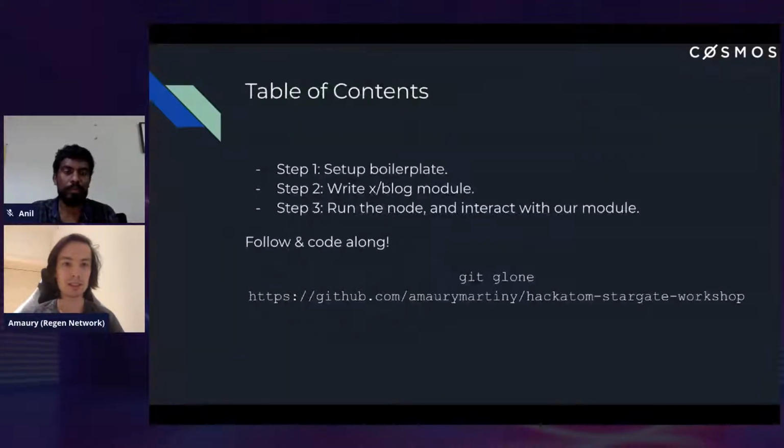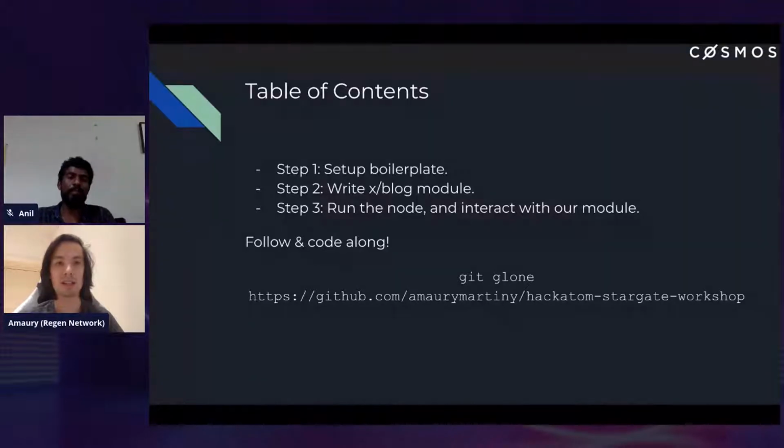So let's get to it then. The table of contents of how to build this blog module will be divided into 3 steps. The first one is just a simple step to set up the boilerplate. You can git clone the repository that's linked here to get the boilerplate. So step 1 will be just cloning this repository and making sure that everything runs, and have a skeleton to write our blog module and to write the whole